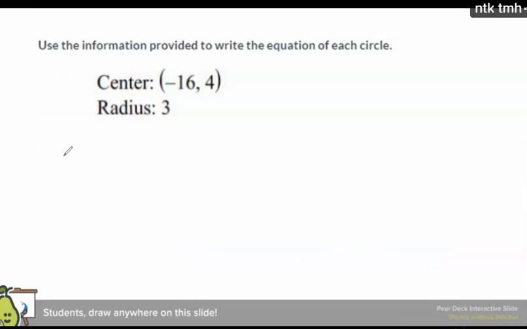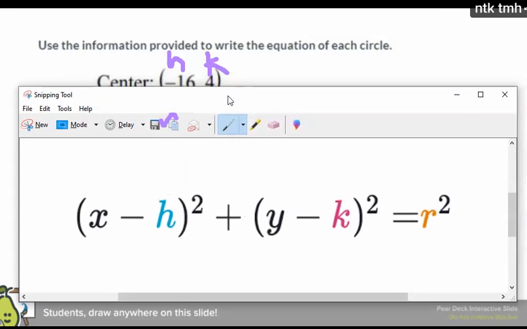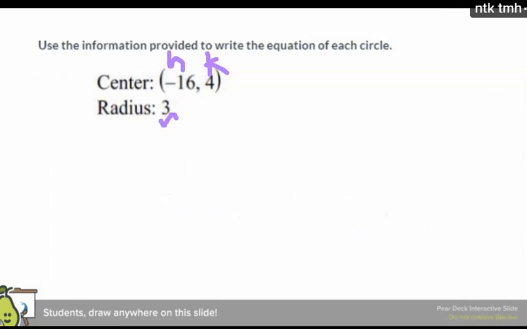All right, so my formula, x minus h. Here's my h, here's my k. It's helpful to label those and to see it. And then here's my r. h, k, and r, those are the 3 things I'm plugging in. I'm going to write these. We've got x minus a -16, so that's going to end up being plus. Remember, you always have to change the sign of your h and k. So x plus 16